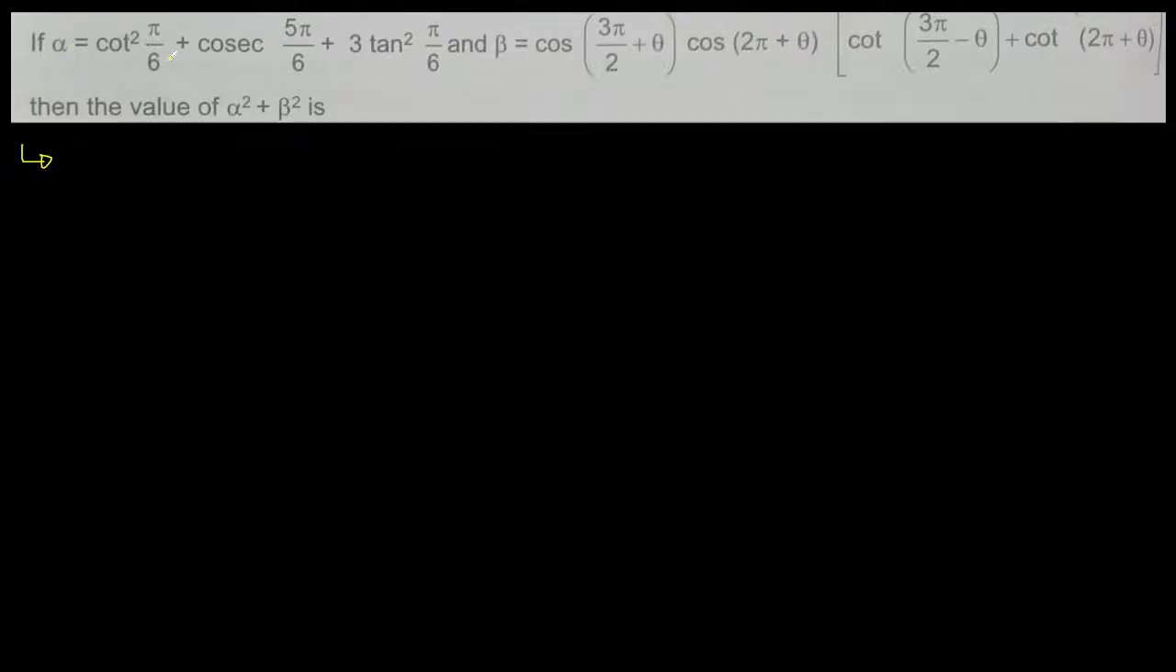This is alpha, cot square pi by 6. So what is alpha square beta? Alpha is cot square 30, cot square 30 is root 3 whole square. Cosec 5 pi by 6 is nothing but cosec pi minus pi by 6, and this is 3. Tan square 30 is nothing but tan 30, sin 30 by cos 30, root 3 whole square, and